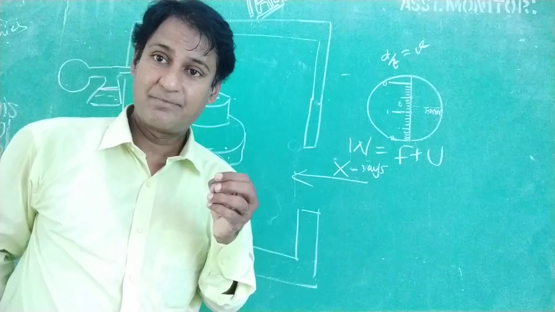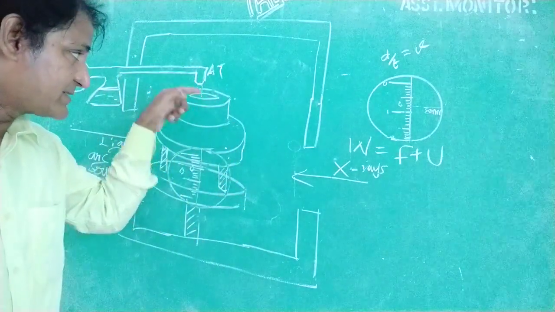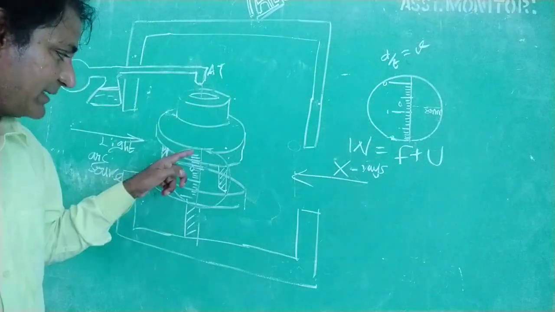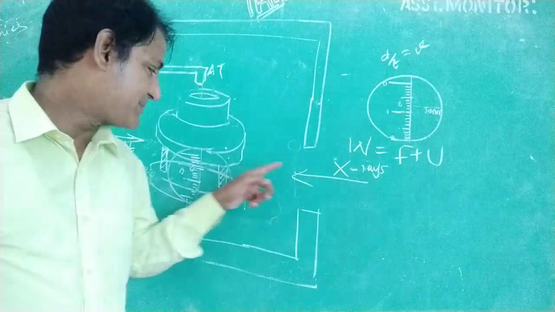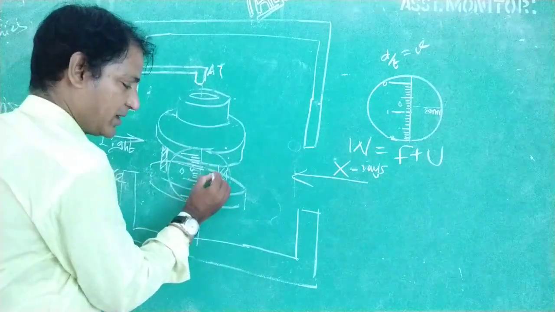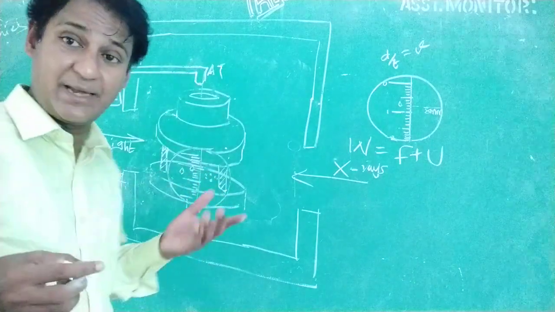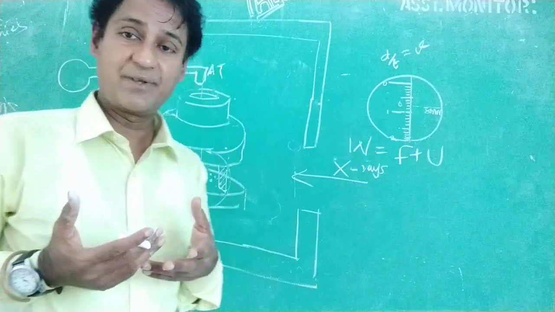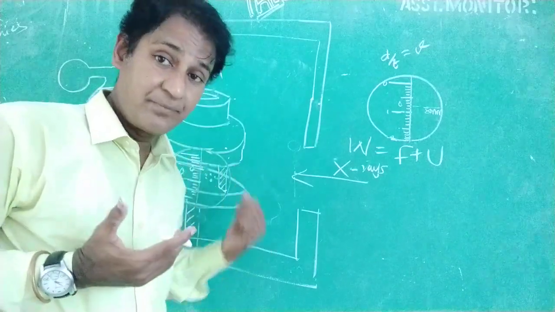So when these droplets come inside the hole of this upper circular disc and then reach the gap between the two circular discs, and when X-ray is passed, due to the ionization, some electrons will be coming out and some electrons will be captured by these oil droplets. Maybe it may capture 8 charges, for example, right? And we are going to find out the charge of the electron by using this formula, W equal to F plus U.